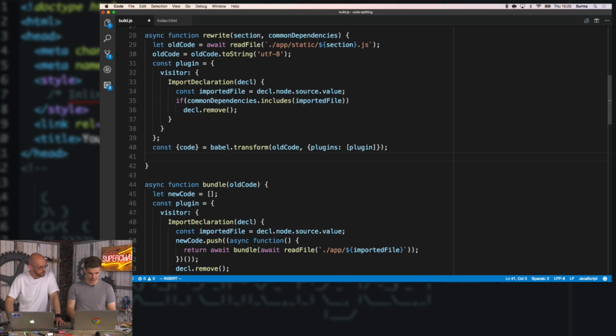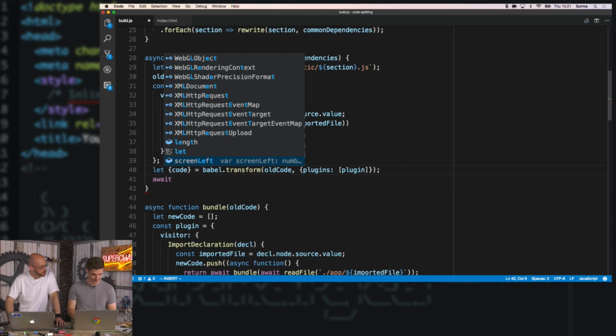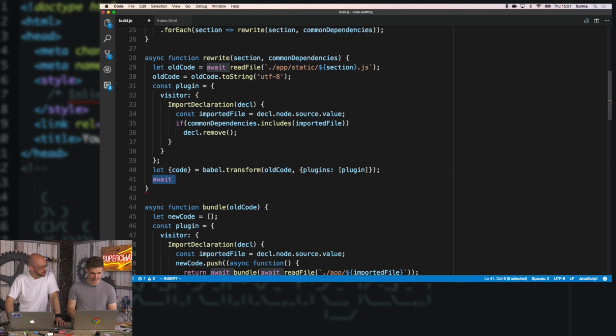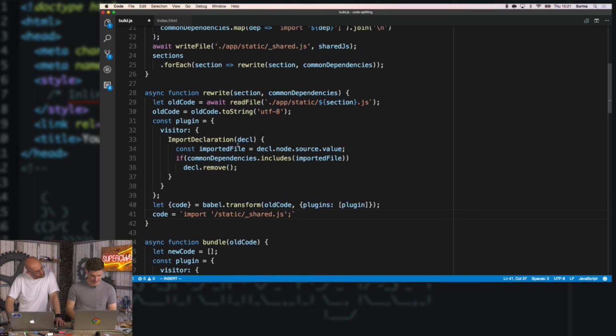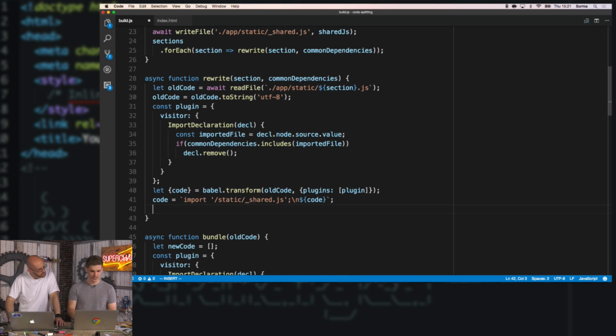OK. Now we need to prepend our import. Let's make it a let so we can reassign it. And then we can say code is import. No, let's do string literals because I'm going to need the single quotes. Static shared.js is what I called it, right? Yes, shared.js up here. And I'm going to prepend the old code. I'll even give it a new line. I'm nice like that. And then we're going to await writeFile